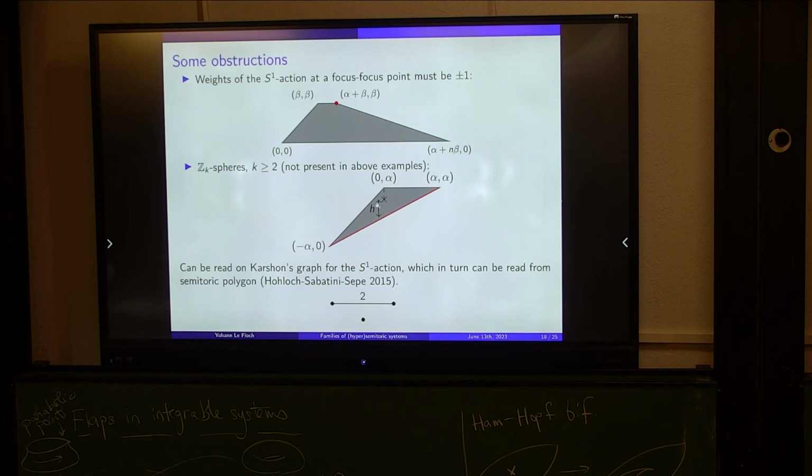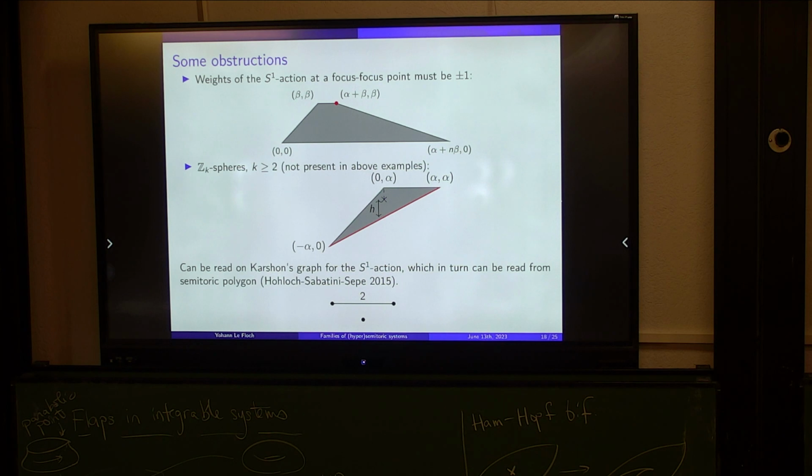But then at some point, something should happen, because we said, okay, we want this point to travel to the other boundary, but on the other boundary, there's a Z2 sphere. So something's going on. Either it cannot go to this boundary, and something will happen before, and I don't know what, or it can go to the boundary, but then the Z2 sphere also has to be on the boundary, so the fibers will be disconnected here, something maybe degenerate will happen. I mean, as Joey said, the fibers of a semitoric system are connected anyway. So who knows what can happen?